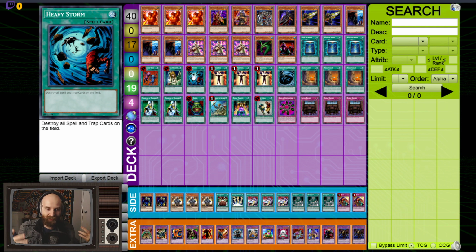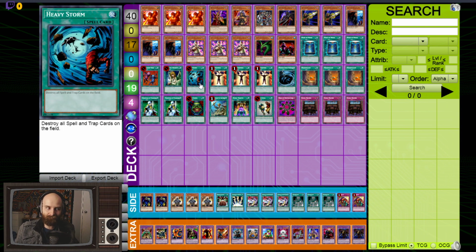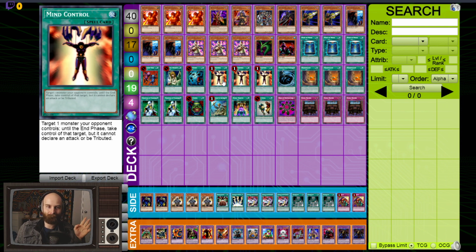So many times, opening hand, you go second, your opponent sets 2 cards, you Heavy Storm, and then you play Nectar Valley or Decree. Plus, late game, your opponent can use their own Heavy Storm and then set 3 cards, and then you top deck Heavy Storm, and then you destroy all their set cards. So it's really strong. So Mind Control, a lot of people are going to take this out of the deck,